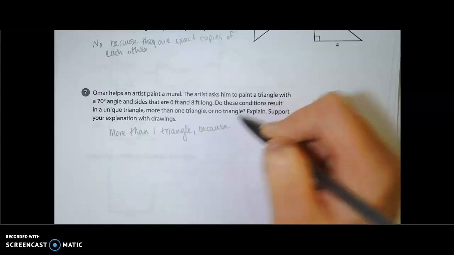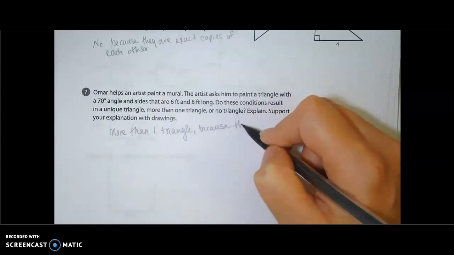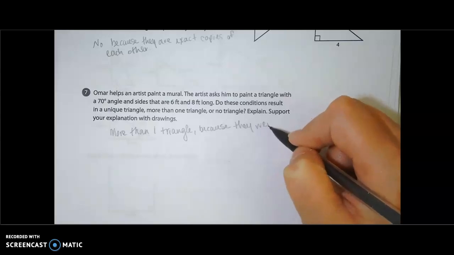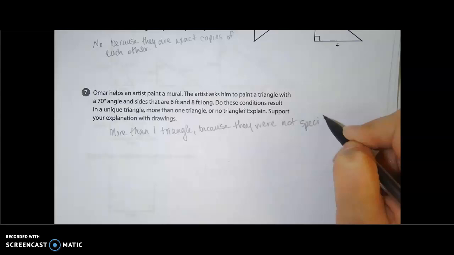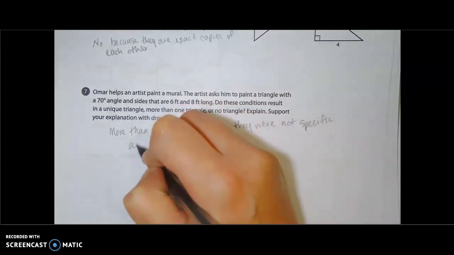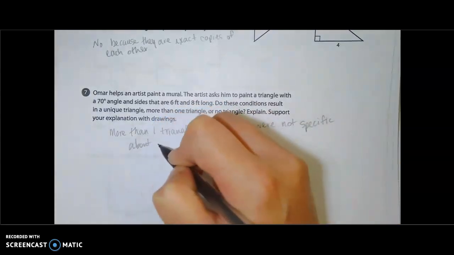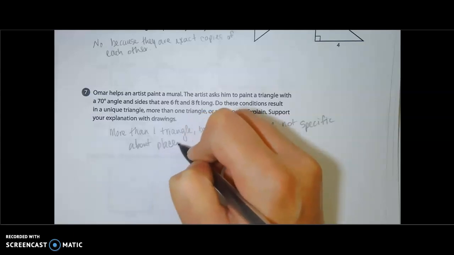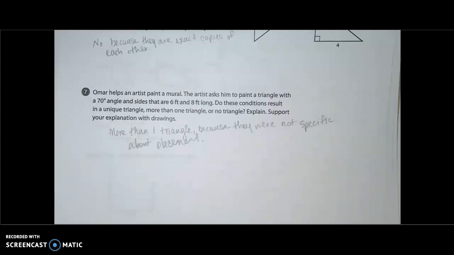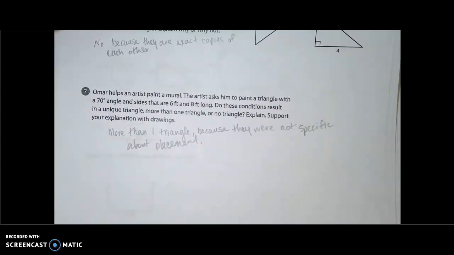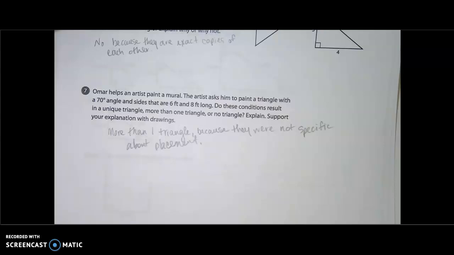Because they were not specific about placement. And then to draw it, you would draw it, just not at 6 or 8 feet, right? You would simplify it, but so you would draw this, and then you would show that I could draw this